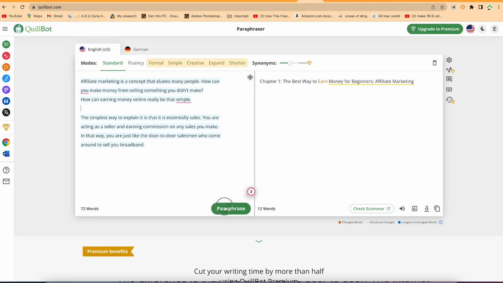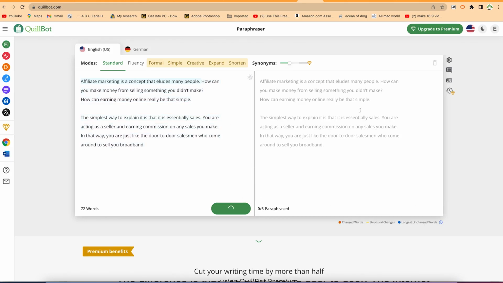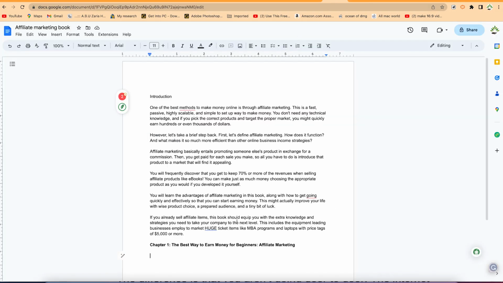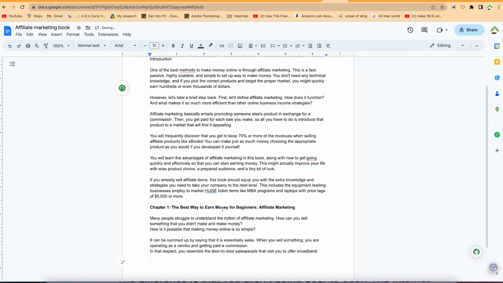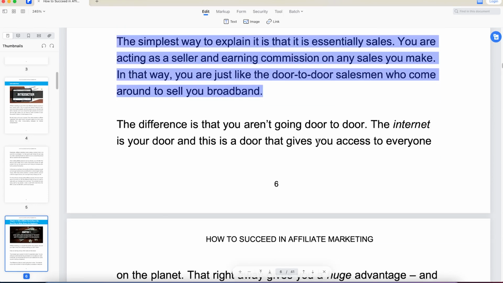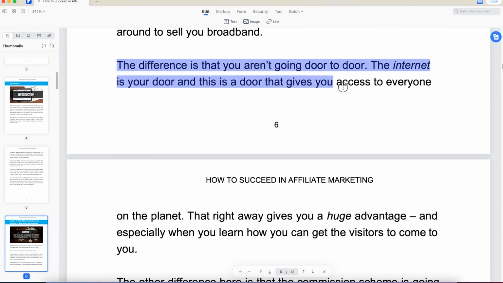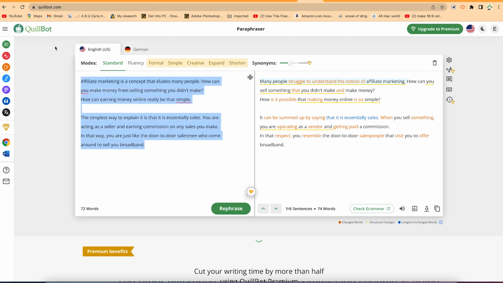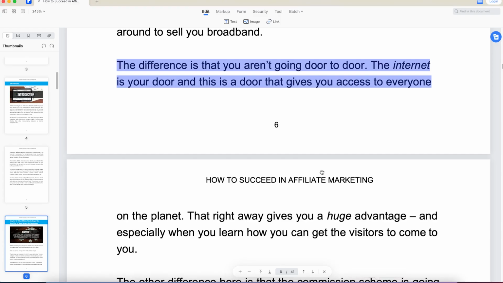All right, and say paraphrase, and I think I'm okay with this. Once it has paraphrased, you can just go ahead and copy, come back to your affiliate marketing doc file, and paste it. Then you can go back to the same PDF document and copy the remaining ones. Copy this one. So this is a continuation. So you come back to Killbot, select everything, paste, but we need to copy more.